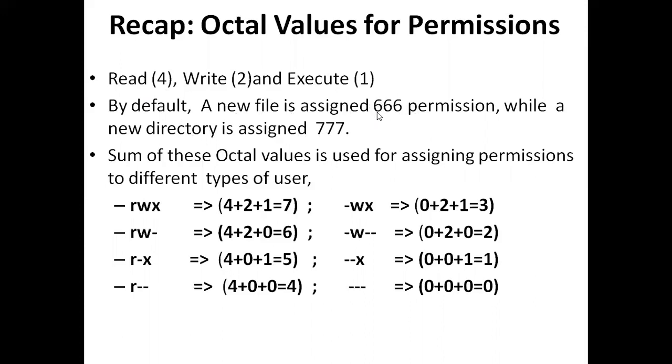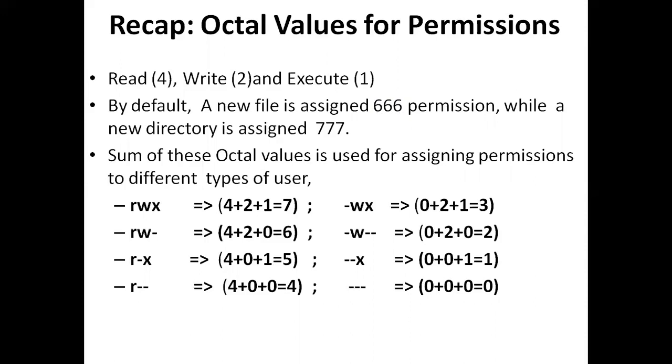Now you can understand it in this way. The first 6 is for user permission. 6 means 4 plus 2, read and write permission, but no execute permission. The second 6 is for the group users, who also have read and write permission. Other users stand for the third location, which also means read and write permission. So by default, all users are assigned read and write permission, but no execution permission, as every file is not